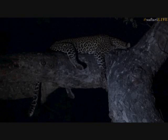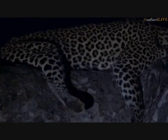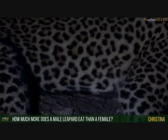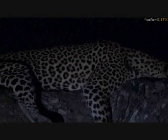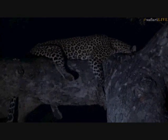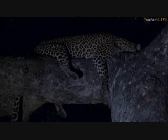Now, when we saw Karula, she's fat, but she doesn't look like she's gorged herself like the cubs have. And Christine, you're wondering how much more does a male leopard need to eat? Well, in some cases, male leopards weigh more than double the female, and especially in Karula's case, like we said, she's not a particularly big female. She definitely weighs between 30 and 40 kilograms, somewhere around there. So that's particularly small. She is the size of